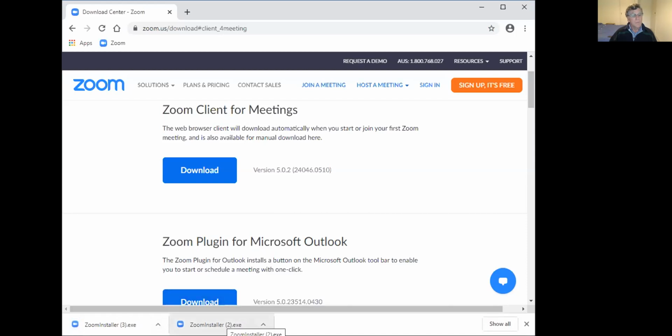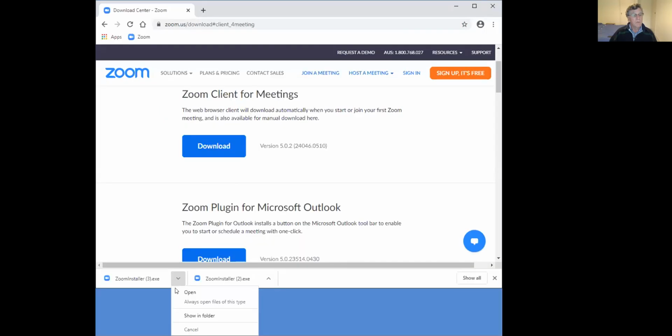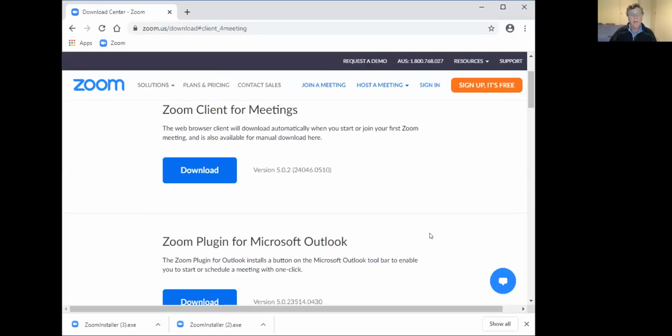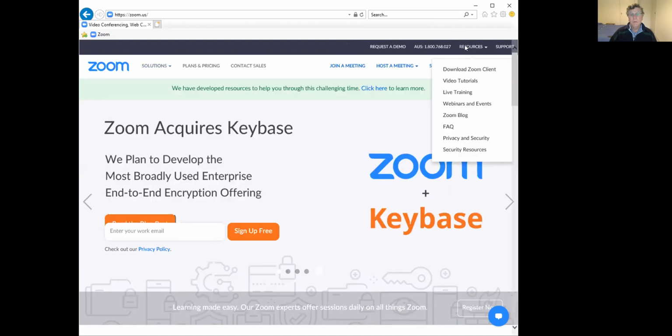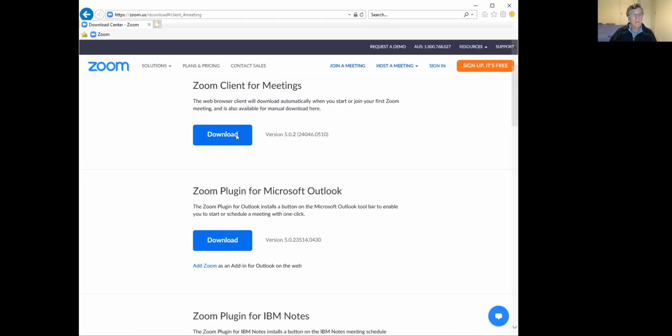Now I've been testing it, so there's one before, but here we have the download installers come down. We just click this button here and go to Open and it will install the Zoom client. Again, I'm not going to do it because I already have it on this PC. If you're using an older web browser, it might look slightly different. So let's look at Windows Internet Explorer. Same website, same Resources tab, Download Zoom Client, click Download,